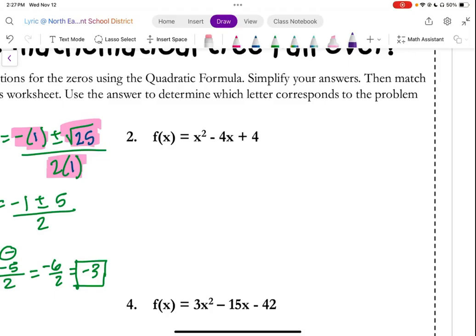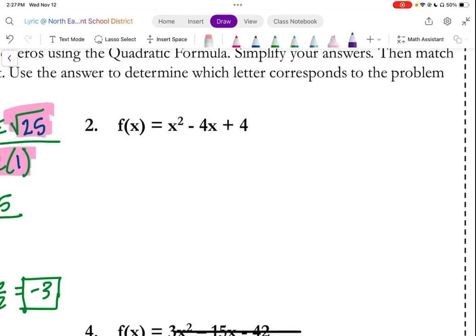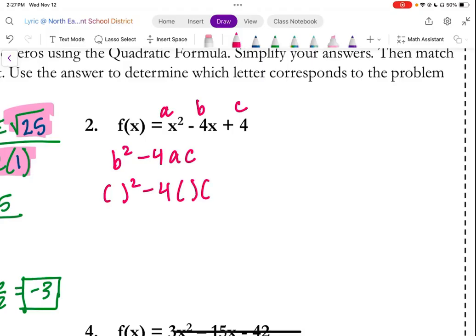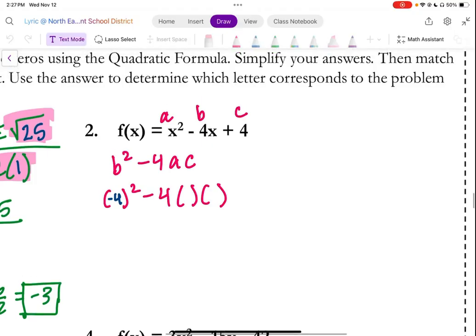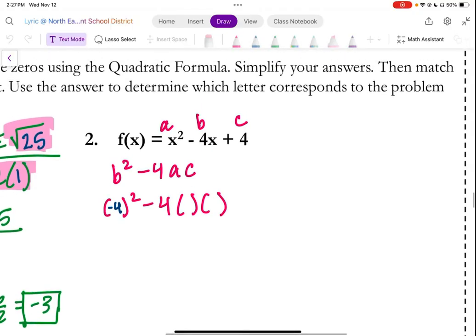Number 2, again, we need to factor out a GCF, but we don't have a GCF here. So we're going to go right into identifying A, B, and C. In this case, A is 1, B is -4, and C is 4. Calculating the discriminant, we have b squared minus 4ac, where b, let me just write this, set it up. B is -4, a is 1, and c,